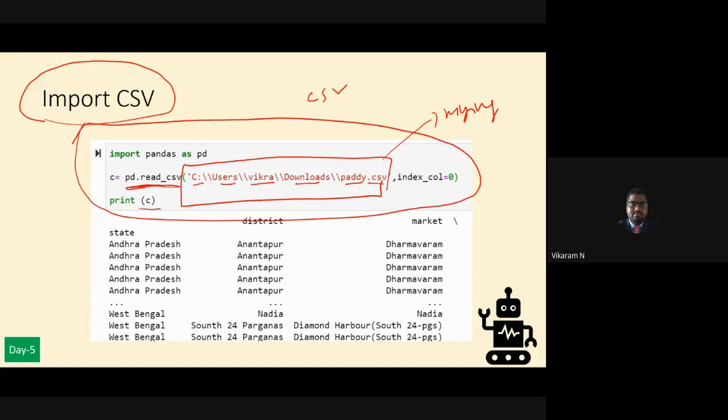Let me share my screen. See, the path should be given exactly.